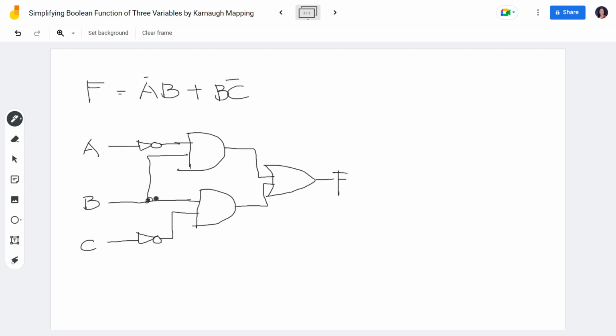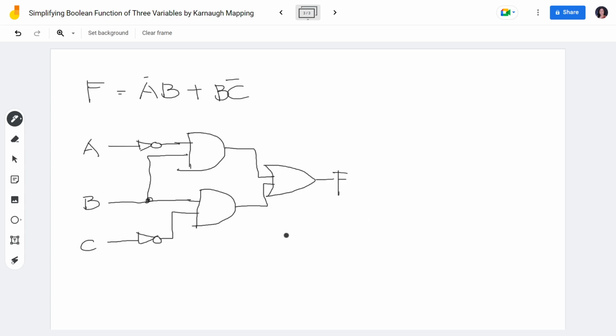So Carnot mapping is very ideal for small variables, actually up to 4 variables. So what if you have 5 variables? Actually, that's the advantage of algebraic manipulation. But then there is another technique which you can use for 5 variables and more. So again, Carnot mapping is only used for a maximum of 4 variables because this is a graphical technique. So the last technique that I'm going to demonstrate is in my next video.